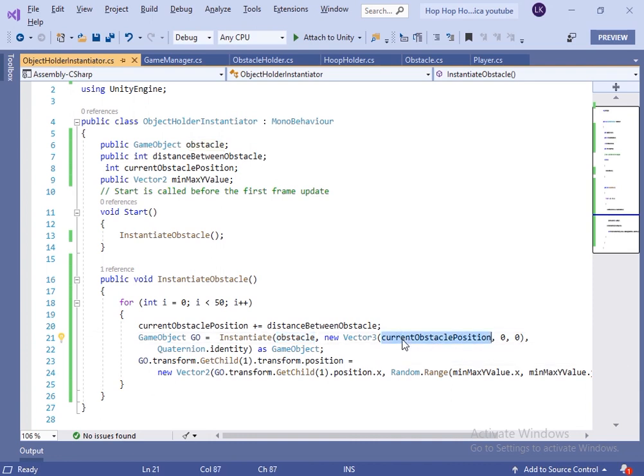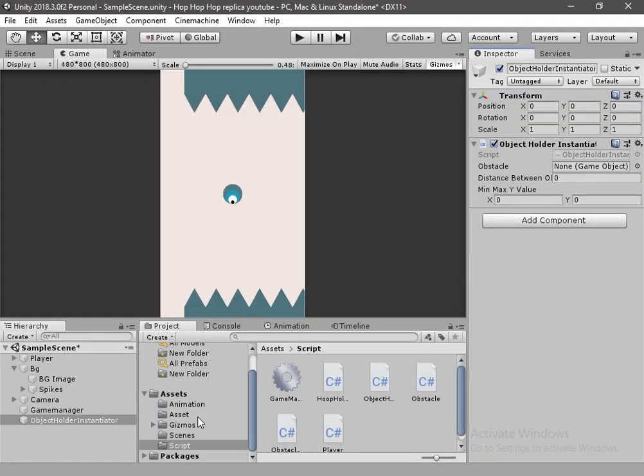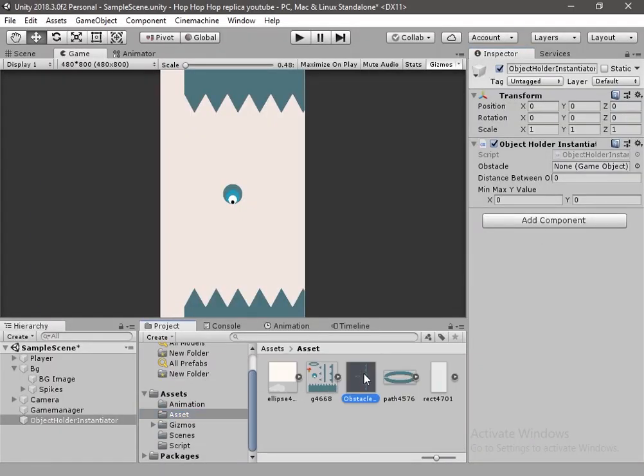Take the reference of that obstacle inside the game object, and now get the child position of that transform, which is at the first position, and assign a new vector to the position. Now let's drag and drop the obstacle holder game object. An obstacle should instantiate after 5 meters, and the min and max y value of the hoop will be 2 and minus 2.